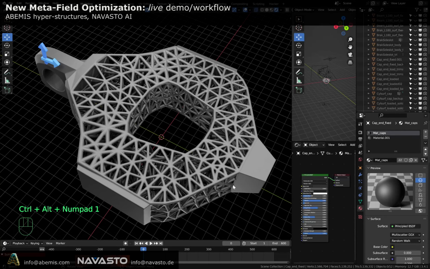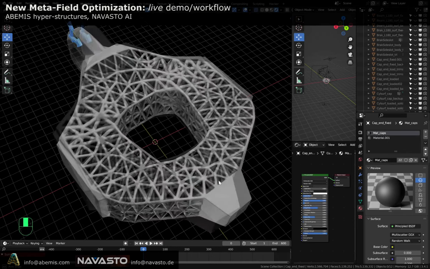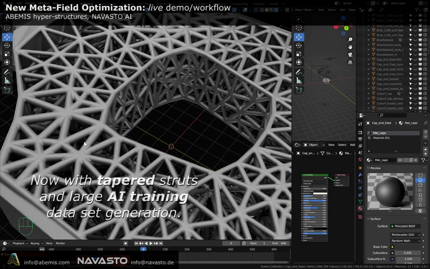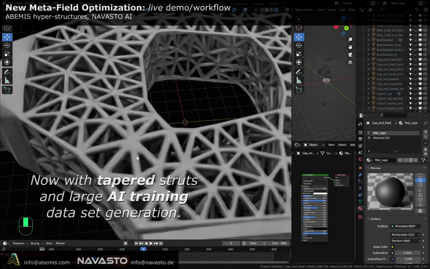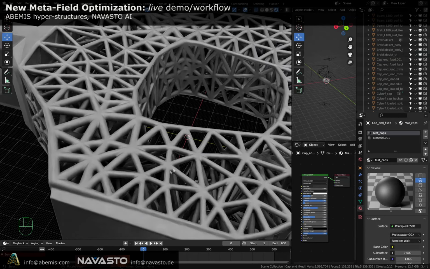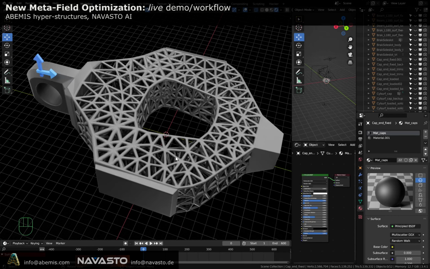Hello, I'm excited to present this brief live demo of our new metastructure generation system and walk through generating this optimized component. Now with tapered struts, which is pretty exciting, and field-based meta optimization, so you can see that the struts are being adapted to field-based data. In this short workflow, I'll go through our new hyperstructure generation process and also describe how, working with our new